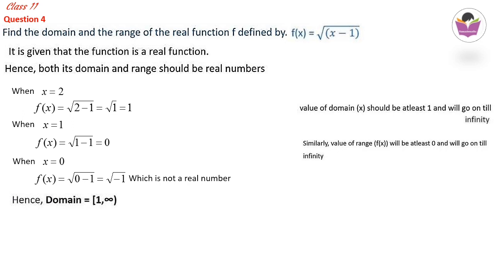So the domain we can write as the closed interval 1 to infinity. You can check here. When I give input 1, I am getting 0. That means 1 is included. So 1 to infinity, with an open bracket at infinity. 1 is included, that's why it is a closed bracket. Then the range will be, when I give 1, my output is 0, so 0 to infinity: 0 closed, comma, infinity with an open bracket. So 0 to infinity and 0 is included. So this is the domain and range.